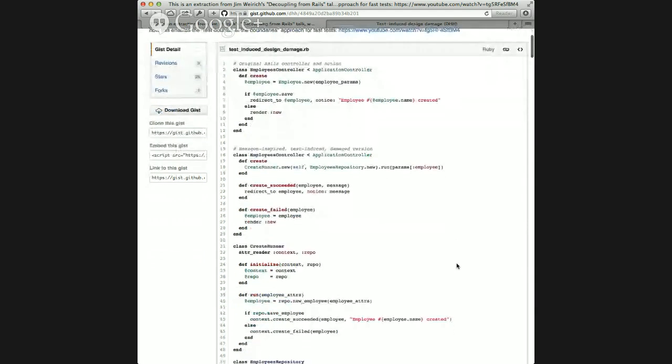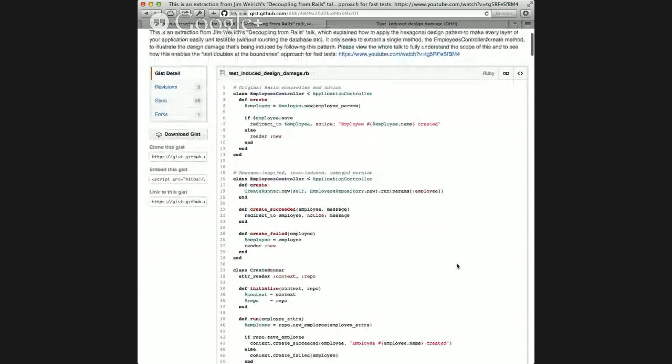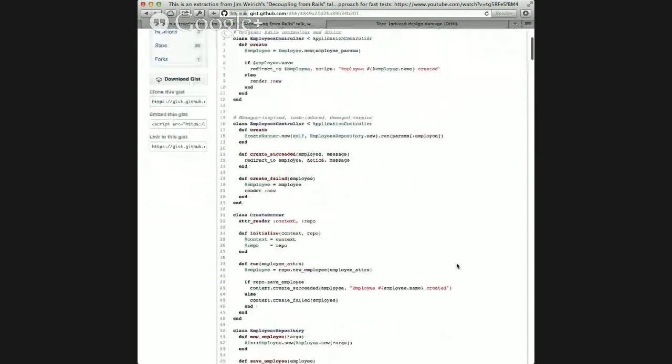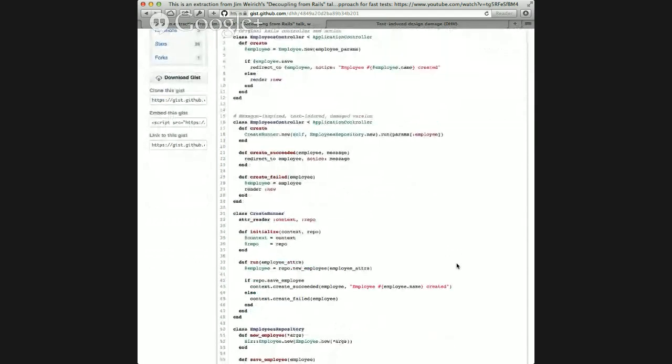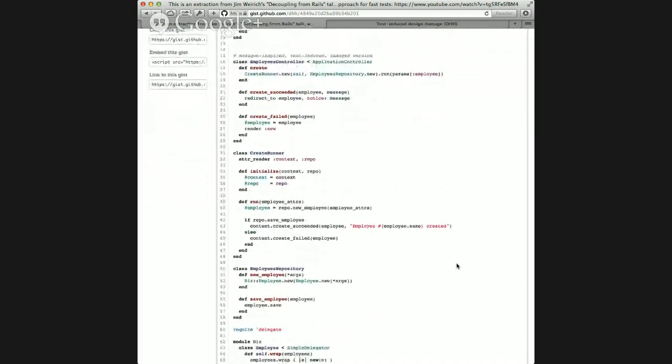At the very top, you see there's the standard Rails controller. This is all extracted from a talk by Jim Weirich called Decoupling from Rails, where he just presented these ideas as a path to go down. And he then looks at how you, first of all, extract the meat of the controller out, the business logic, into this create runner. You extract the model itself out into two pieces. First, a repository of how to get and save these models, and then also a business model, as he calls it, that wraps the data access of the active record.